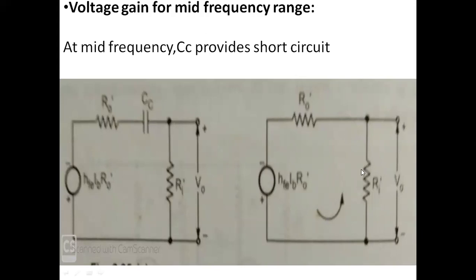Here we can apply the voltage divider rule. So what is the voltage divider rule? If you are applying some voltage to a circuit consisting of two impedances, then the voltage is divided between those two impedances. Let us consider the middle voltage is V2 and the initial voltage is V1, and V1 is divided between two resistances R1 and R2. Then what is the middle voltage? V2 is equal to V1 into R2 by R1 plus R2.